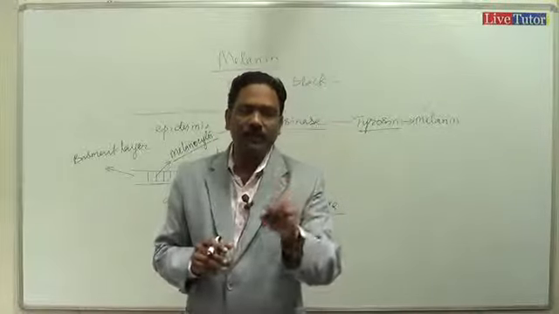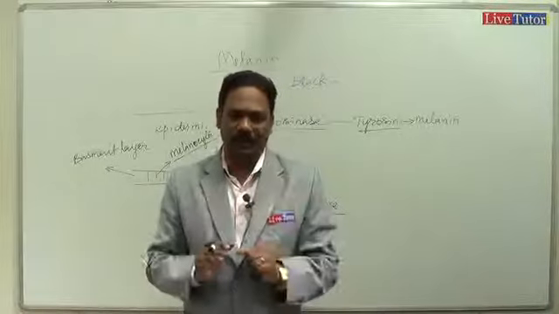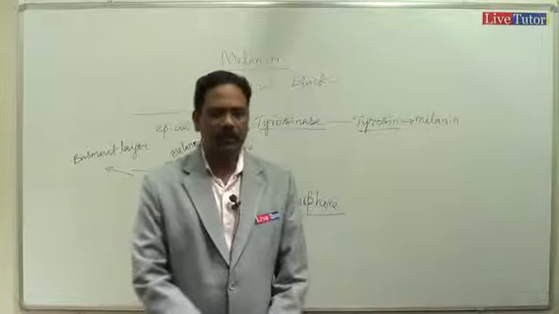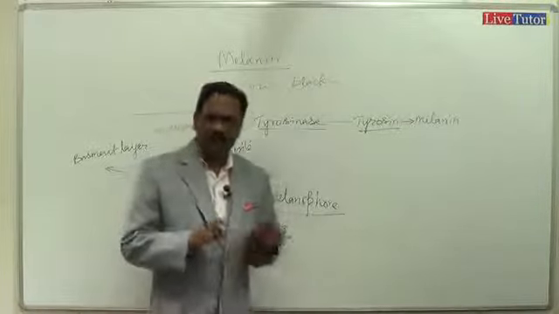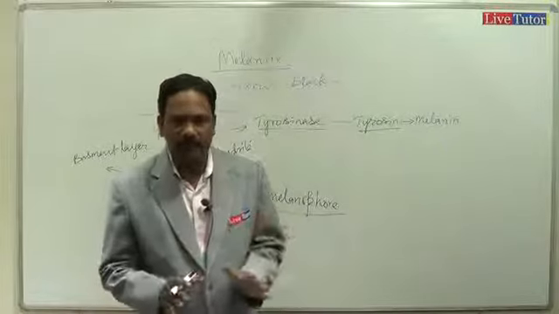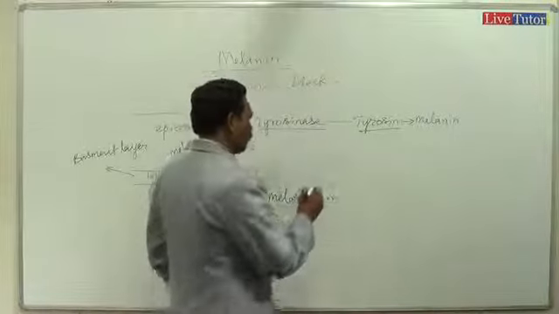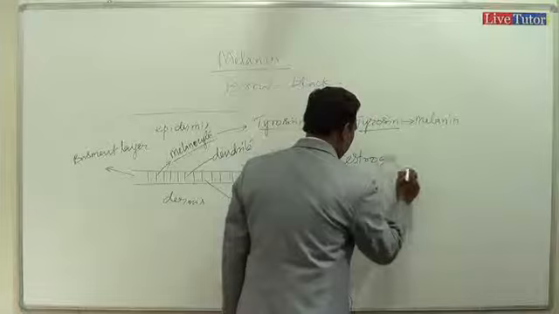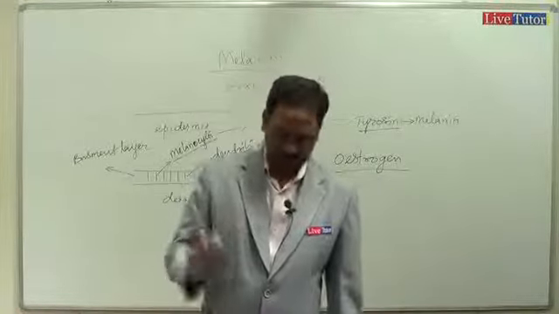So this melanin pigment is more in the exposed surface. That is a generalized hyperpigmentation. Another one is the hyperpigmentation in the skin, external genitalia and nipples in pregnant women due to the secretion of estrogen hormone. What hormone? Estrogen hormone is one of the female sex hormones produced in the female during the pregnancy period.